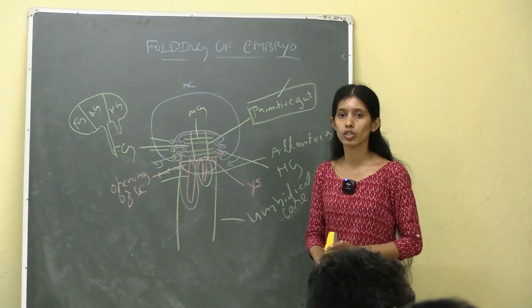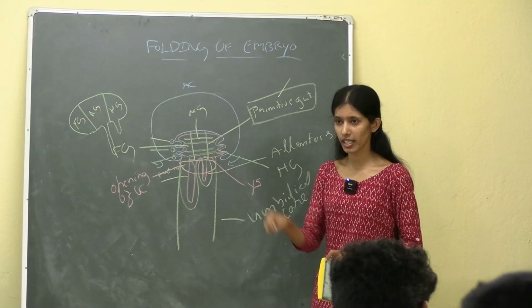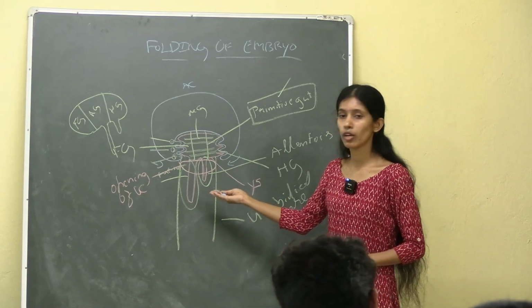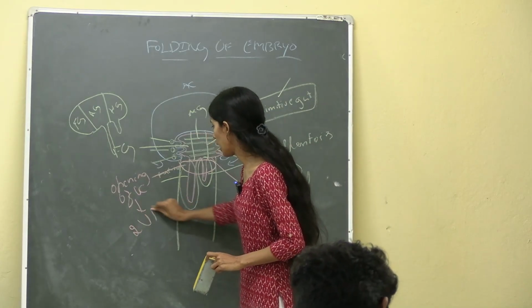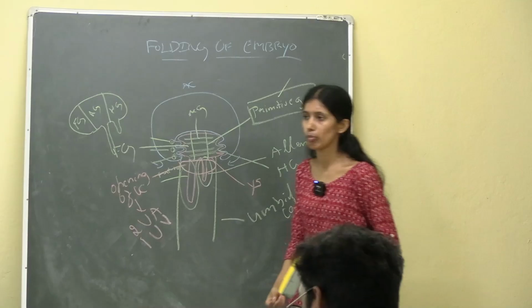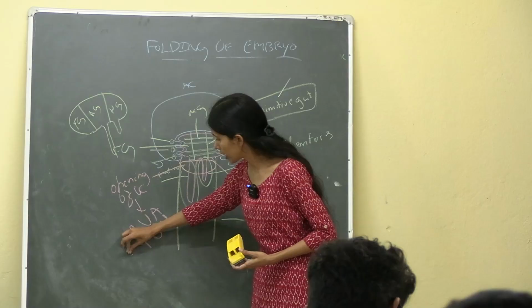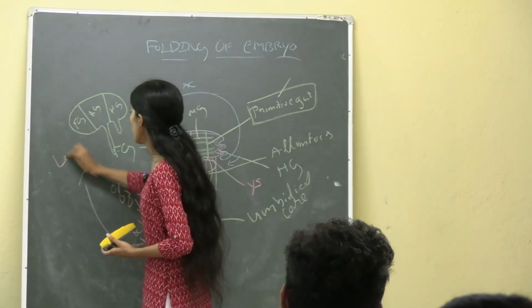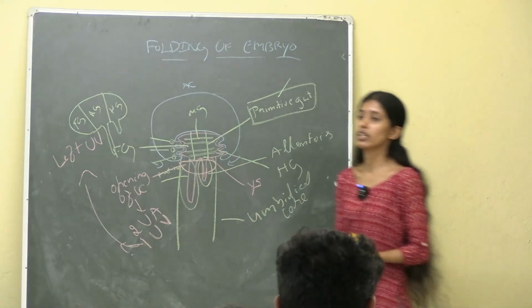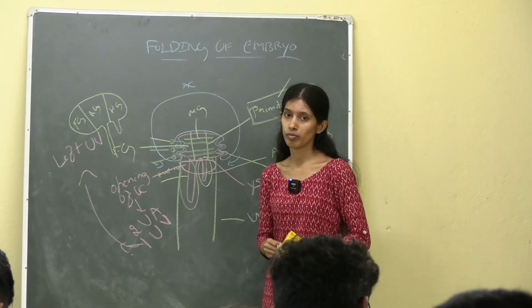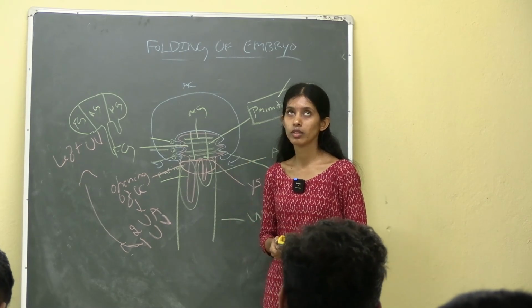So now tell me the contents of umbilical cord. What are the contents of umbilical cord? Umbilical artery and vein. Along with that, we have vitelloint­estinal duct and allantois. We have two umbilical arteries and one umbilical vein. Remember this, we have two umbilical arteries and one umbilical vein, and that one umbilical vein is the left umbilical vein. Remember where we have studied the left umbilical vein? Development of IVC. Okay. Where else have we studied the umbilical vein? Aortic arch.